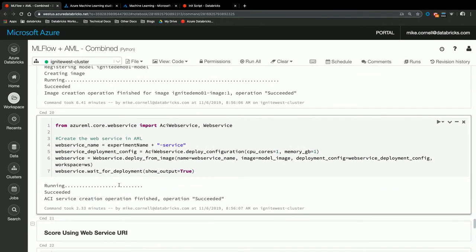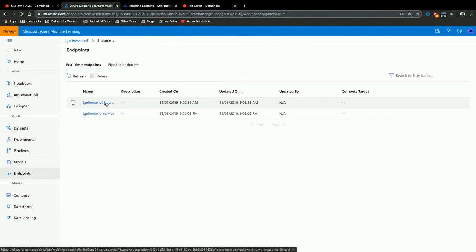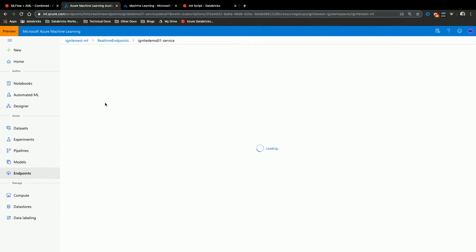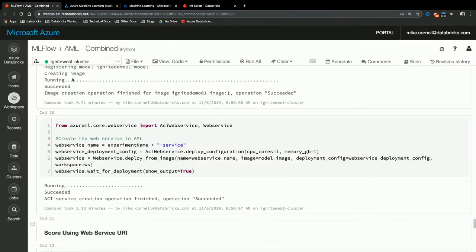The second process, now we are using a little bit of Azure ML code at this point. So we've broken from MLflow here. Everything you've seen so far, we haven't written a single bit of Azure ML code. This has all been MLflow code up to this point. Now we're going to use a little bit of the Azure ML SDK, and we're going to say, hey Azure ML, I've got this image out here. I need you to create a web service for me. And when you do that, what happens is Azure Machine Learning creates this endpoint, and here's the endpoint we created this morning. And now the model that was built in Databricks, deployed with MLflow, is now out there as a web service.